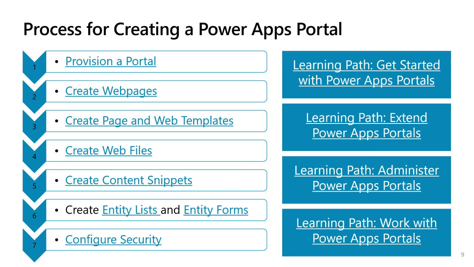The next step is to create web files and your content snippets. These are the different components that are going to go into those individual pages that you're creating throughout your website. When you want to surface data from Dynamics 365 finance and operations or other data sources, or have a way